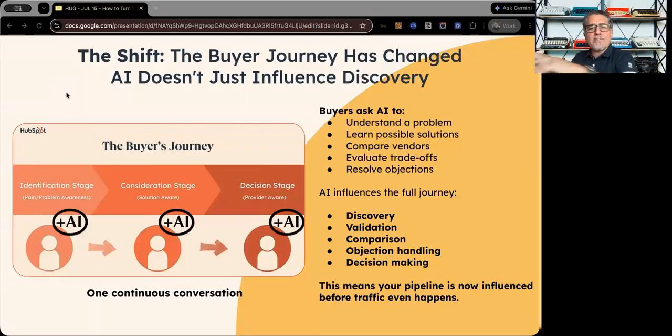Are there any competitors that are better? Are there better prices out there? Literally, they could be disqualifying you by just having a conversation with AI. So even more important than discovery, more important than people finding you, more important than lead sources, like those were the most important things before.